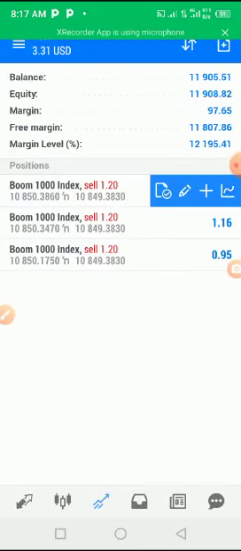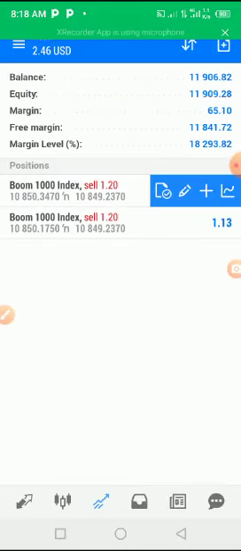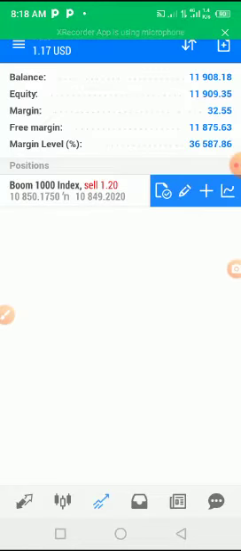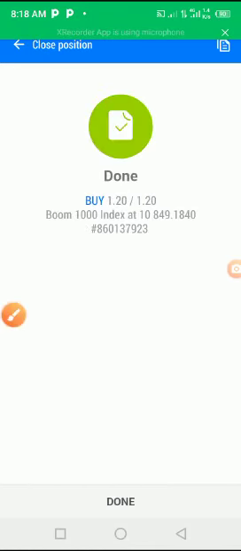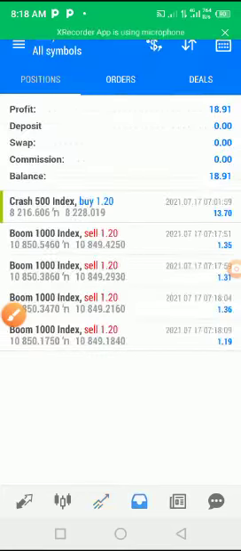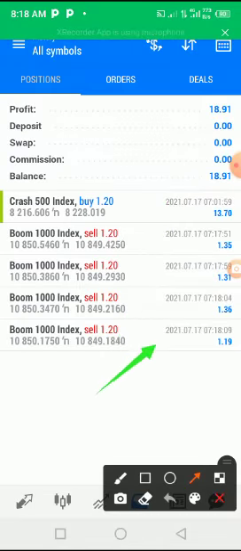I'll drag another one left. Click on the rectangle, click on close with profit, it will close. Done. I drag again, click on close with profit, it's closed. I drag again, click on close with profit, clicked. So how do I know the amount I've just made? I will click on this symbol there. You see, it's just $18. We just successfully made $18 immediately. $18 is about 9,000 naira within this short period of time. Do you see?